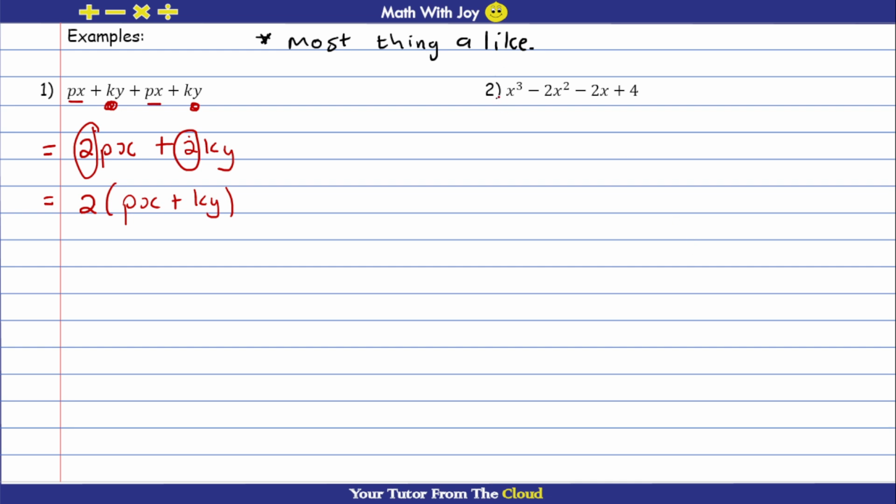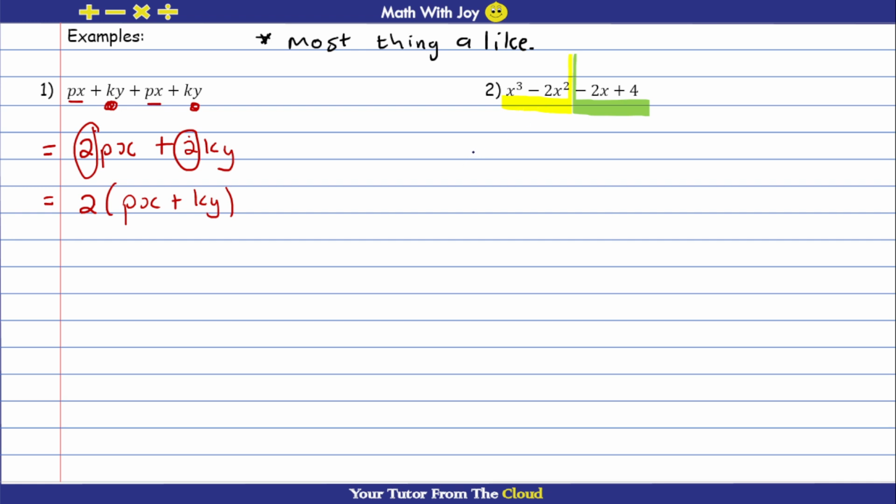Now let's move on to question number 2 over here. In question number 2, we have these many terms, and I need to factorize by grouping. I'm going to take the first two terms and make them my first group, and take the next two terms and make them my other group. So I'm going to start factorizing, or taking out a common factor,